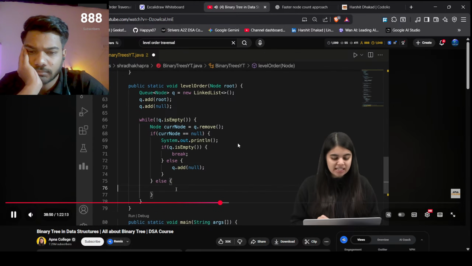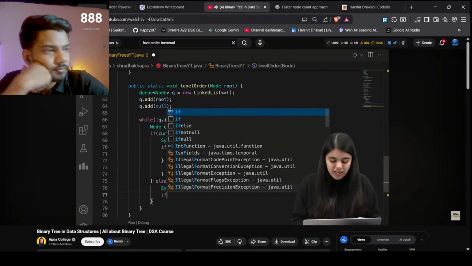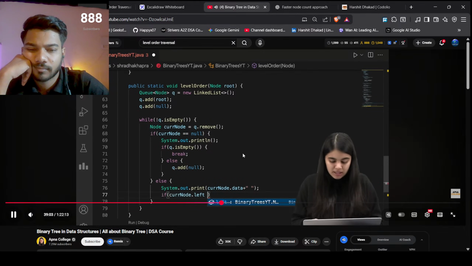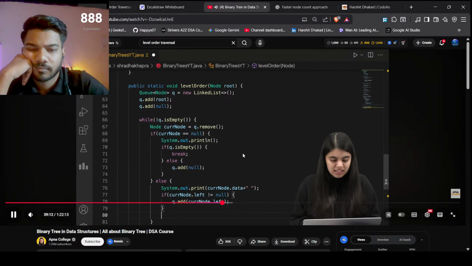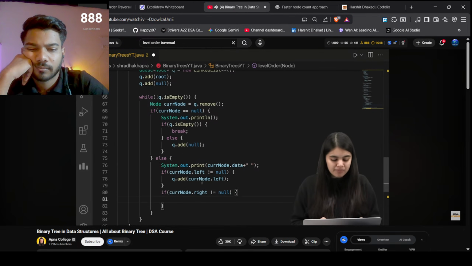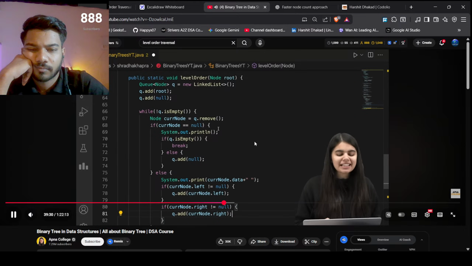और अगर नल नोड नहीं है तो उस केस में प्रिंट कर देंगे अपने नोड के डेटा को, करंट नोड डॉट डेटा को हमने कर दिया प्रिंट। फिर चेक कर लेंगे कि करंट नोड का लेफ्ट इज नॉट इक्वल टू नल। अगर नॉट नल है तो उसको क्यू में ऐड कर देंगे, क्यू डॉट ऐड करंट नोड का लेफ्ट। सिमिलर वे में अगर हमारे करंट नोड का राइट इज नॉट इक्वल टू नल, मतलब उसमें कोई नॉट नल डेटा स्टोर है, तो क्यू डॉट ऐड करंट नोड का राइट।